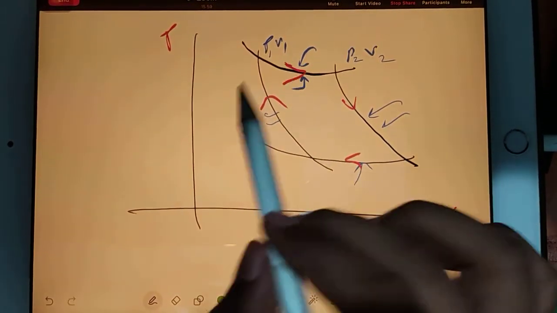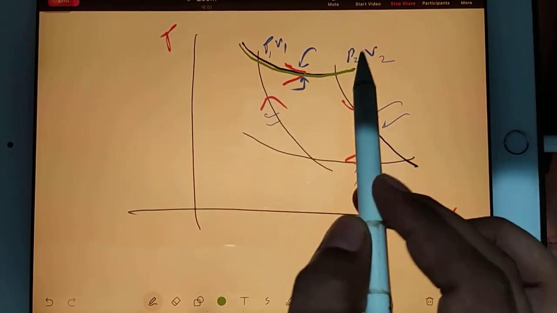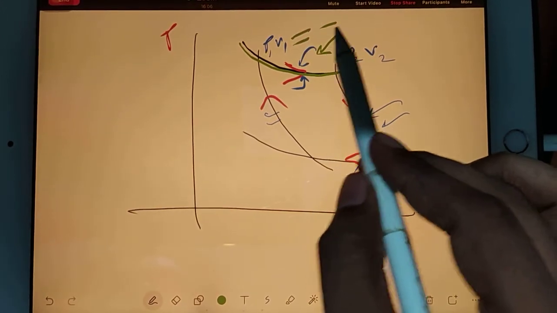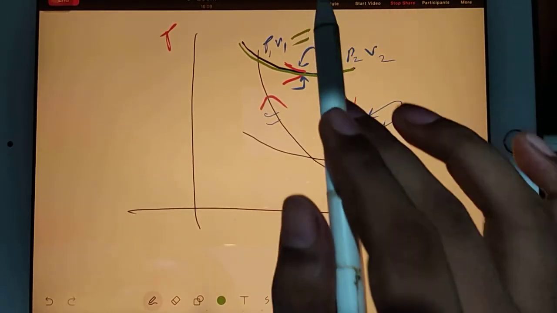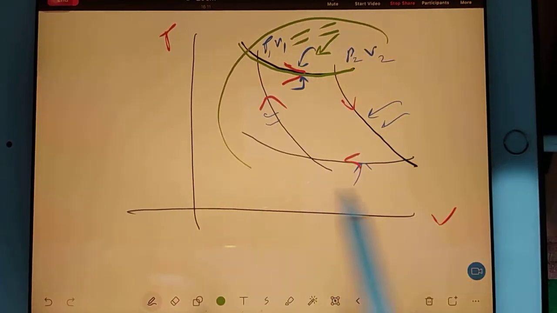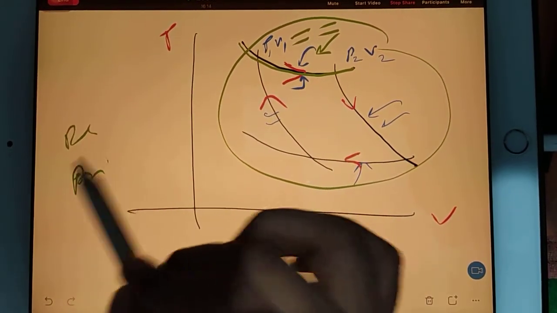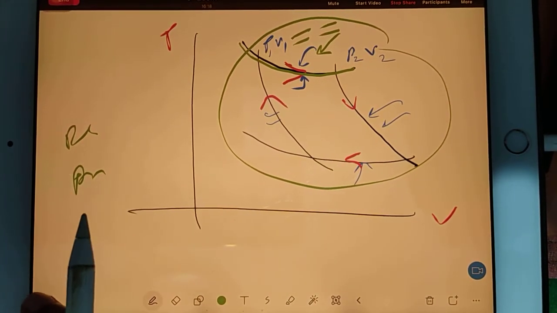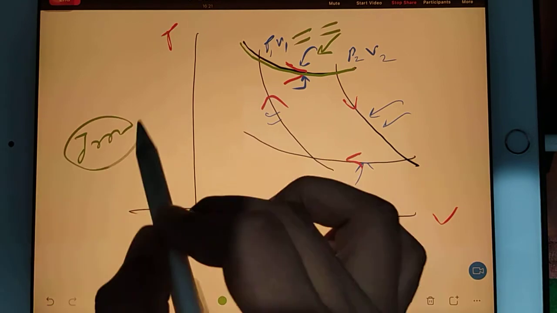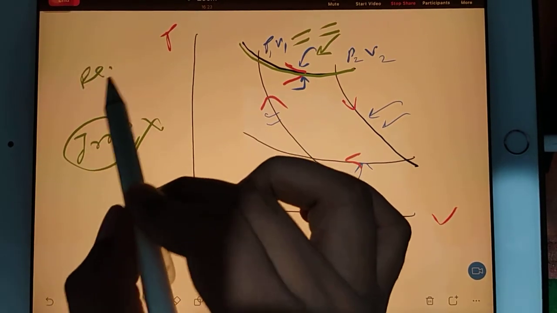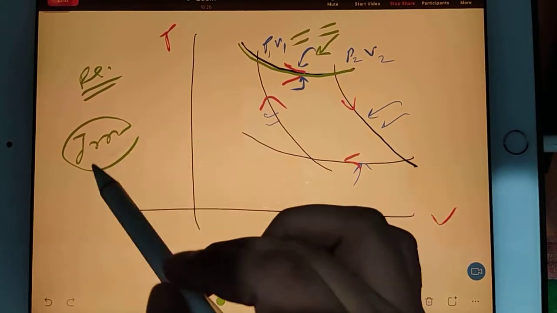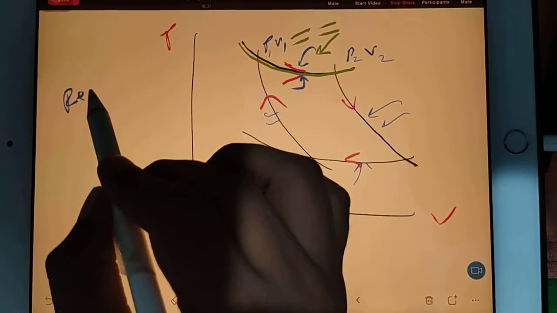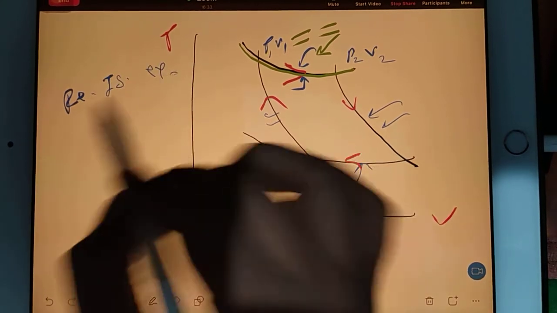Now in the first process you see your volume is increasing. So this is expansion. What will be the full name of this process? Isothermal expansion. After that, one more name you have to add. Is this cycle a reversible cycle or an irreversible cycle? I mean, is it a theoretical cycle or a real cycle? If it is a real cycle, then irreversibility will be there, and you cannot add the name reversible. But if this is just a bookish, ideal process, then you will say reversible isothermal expansion.